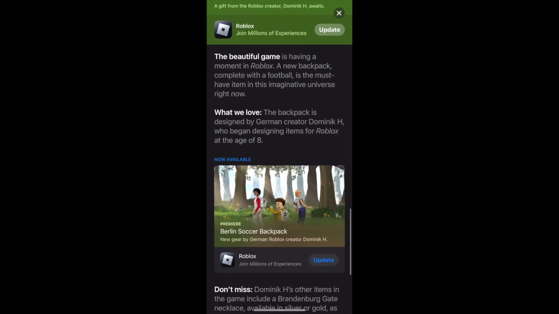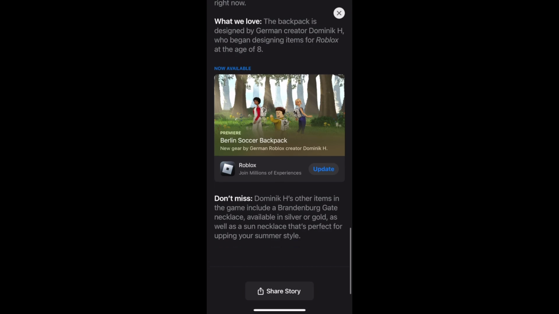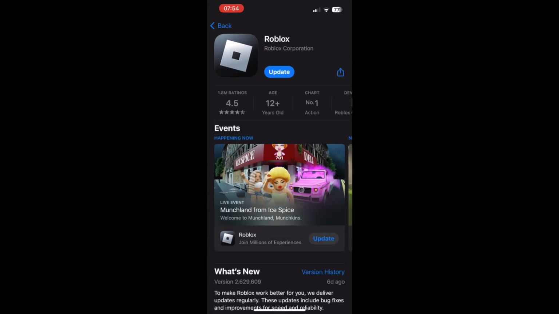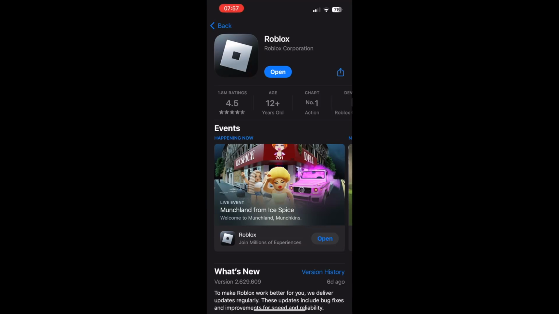But if you're just here, just go ahead and click the update button in any section. So you can go directly to the App Store, click on the Roblox app, make sure it's updated because you'll need the new update to do this. But once it has updated, what you want to do if you want to go directly there is go back